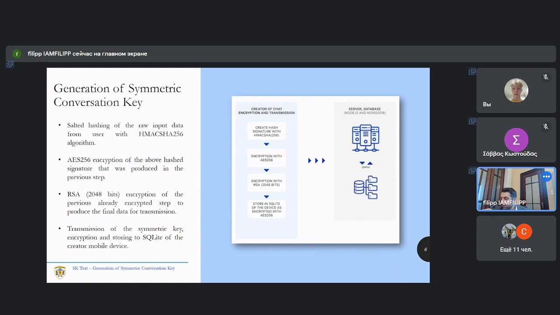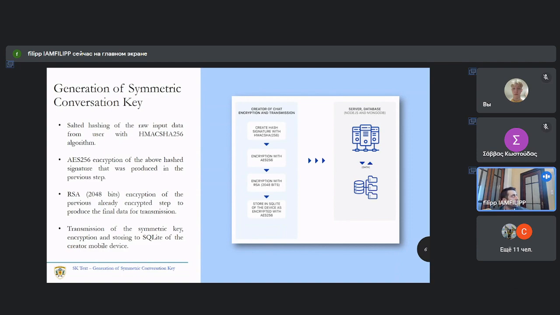The second step: to commence a new conversation between two users, a symmetric key must be established. After the typing of the raw key data by the user, the input is hashed by the HMAC SHA-256 algorithm with proper use of salt for a more robust hash signature.